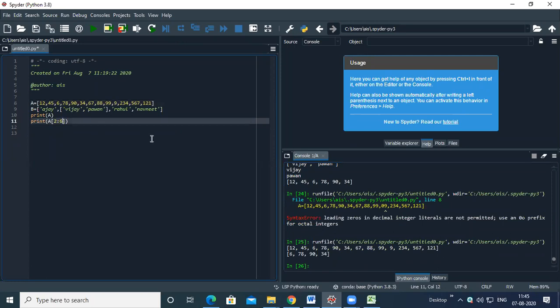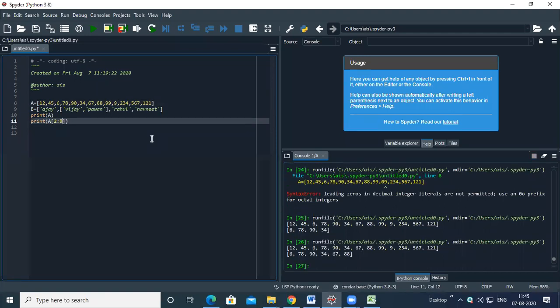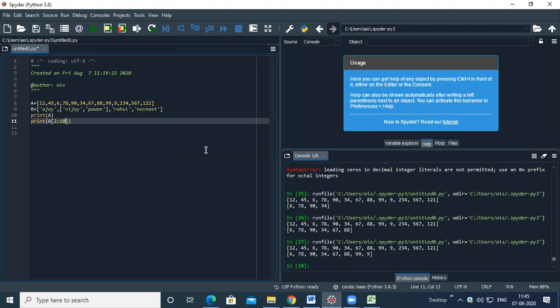तो यहाँ पे one more thing you can see. Suppose that you have given 2 to 8, then it will print up to index number 2 to 8. If you have given index number 2 to 10, then it will print from 2 to 9. And from 2 to 9, by default the step is 1, and if you want to increase the step, then you can give here 2.